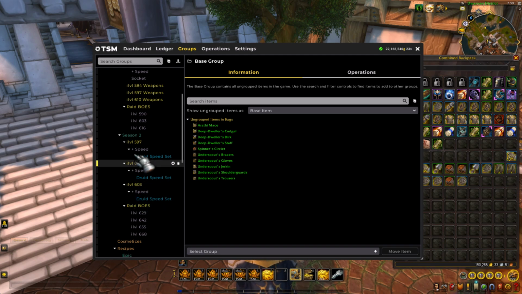Now this works a lot better and you end up spreading your BOEs out across a lot more different realms and you get a lot more sales doing it this way. So I found this to be a great improvement on the Season 2 groups for the BOEs.